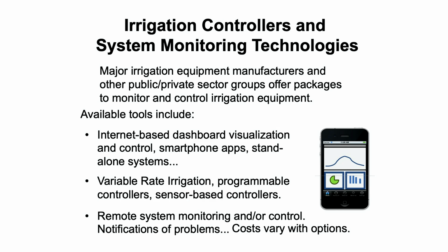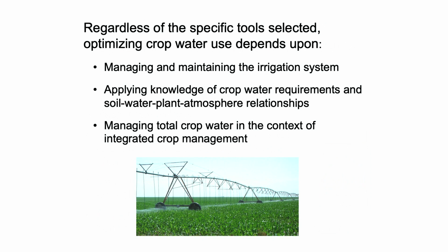There are a lot of tools that you can purchase right now. And then, again, that remote sensing, remote control monitoring and all that. It's really good depending on how much you want to pay, how much you want to trust it. We've come a long way from me having to go out and turn on the pump on the tailwater pit. Regardless of the tools you choose, and I could go on and on all day, I'll stop because I only have 30 minutes, but